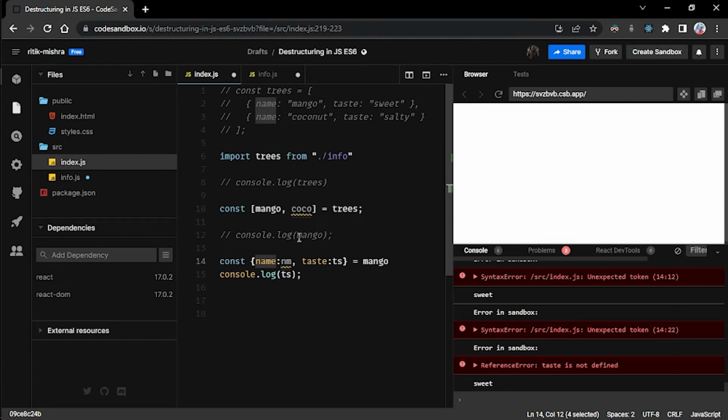I mean by mango we are referring to the first object inside this array of trees. So the first object, it is saying, okay, take out the key value pair with the key of name. We took this and renamed this to nm, and same applies to taste as well. We are renaming this to ts. So now we can use this ts wherever we want without worrying what the initial property was named for our